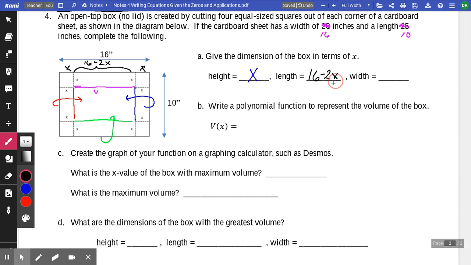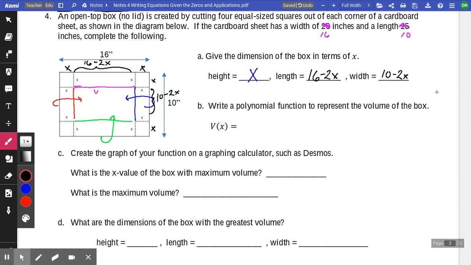And very similarly, the width is no longer 10 because we're taking x away here and x away here. And so for us, that's going to give us 10 minus 2x. Okay, so this space is 10 minus 2x. And again, everything is based on x. If we decided to cut out corners that are 7 inches, then now we know how long our length and